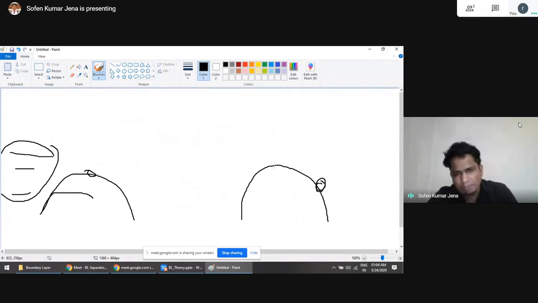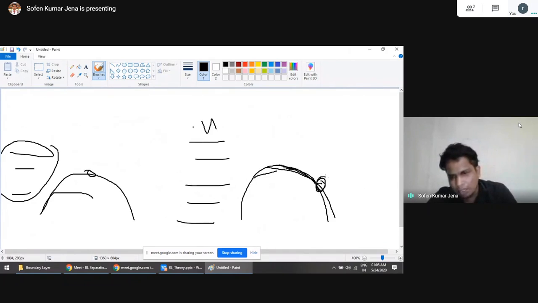So as the pressure gradient is a function of the body, as you move more and more towards the trailing side of the curvature, more pressure gradient will be formed, and once the pressure gradient becomes high, then the point of separation... in case of turbulent flow, the turbulent flow has high inertia force, right? The velocity has very high acceleration, right? So even if the pressure gradient acts with the viscous term, what happens? The point of inflection or the separation point shifts towards the downstream side. In case of the laminar, it just occurs over here.